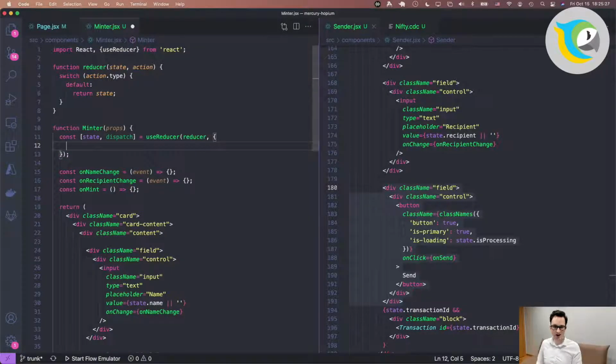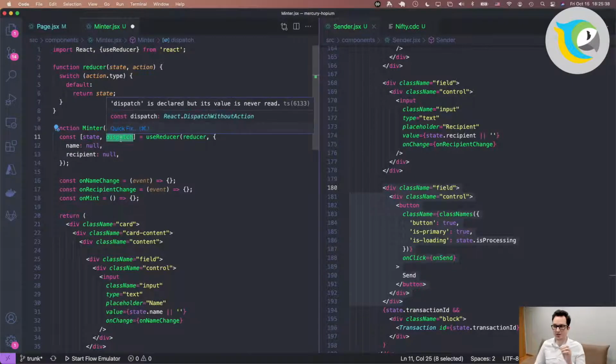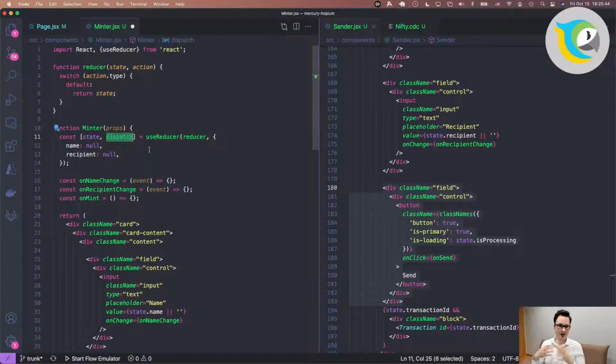Initial state is going to have a name that's null, a recipient that's null, and that's it. So we have state defined, and we have this dispatch thing. Now dispatch is how we submit actions, and React behind the scenes takes those actions, and an action is really just an object.